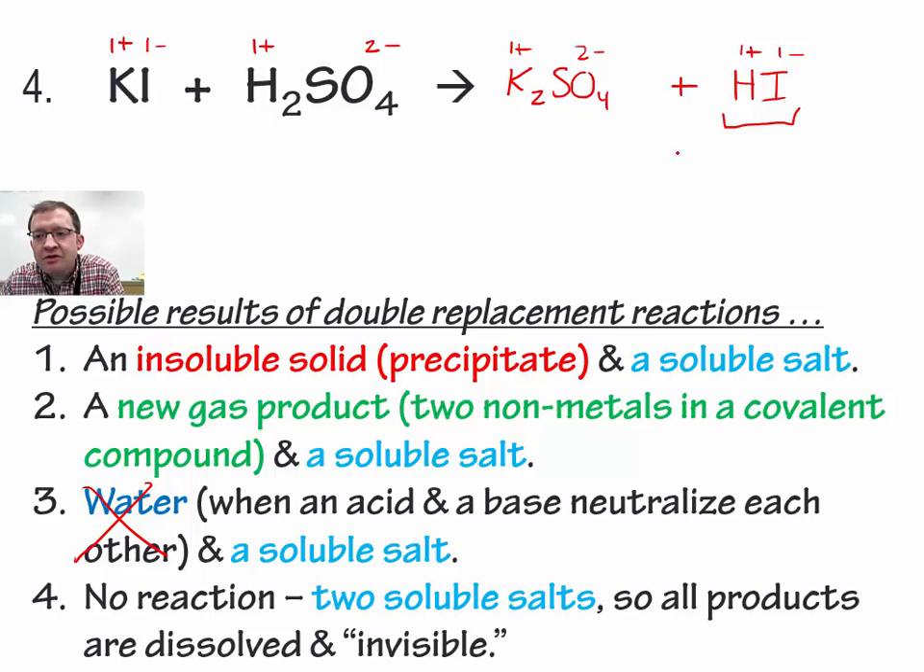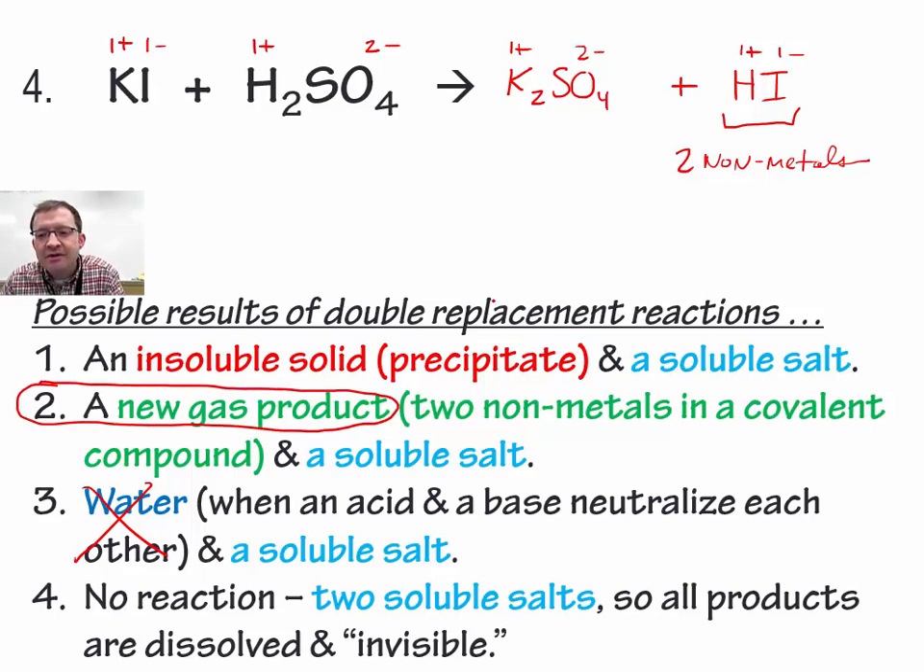Okay, this is two nonmetals, hydrogen and iodine, put together in what would be a covalent bond. Hydrogen, perhaps a polar covalent bond, but still definitely not an ionic bond. So hydrogen and iodine in this case are going to come out as a new gas. Hydrogen iodide gas is going to be produced here. This is a situation where hydrogen iodide is produced by the covalent bond between two nonmetals, and so there's a